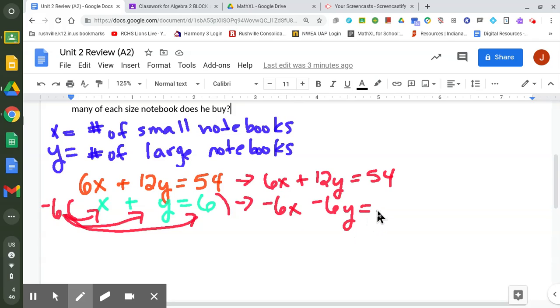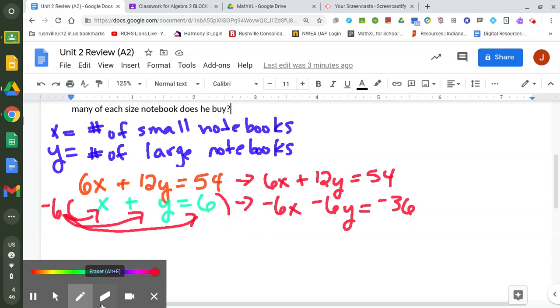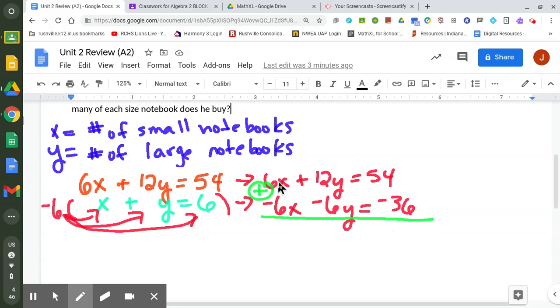And then -6 times 6, and if you need to use your calculator to get -36. Once I have what I would like to eliminate, then I'm adding my 2 new equations. So positive 6x minus 6x, those cancel. 12y minus 6y is positive 6y equals, and then I've got 54 minus 36,